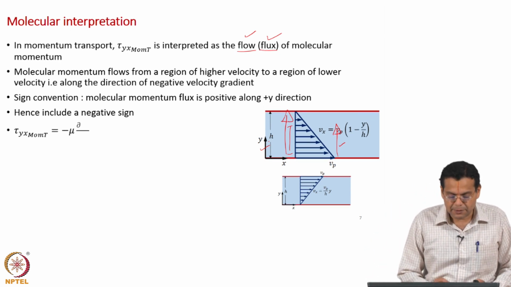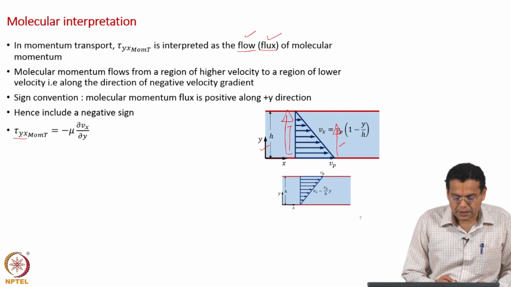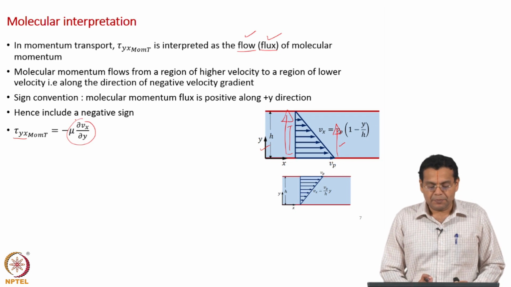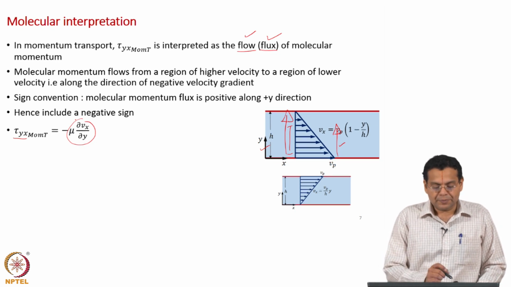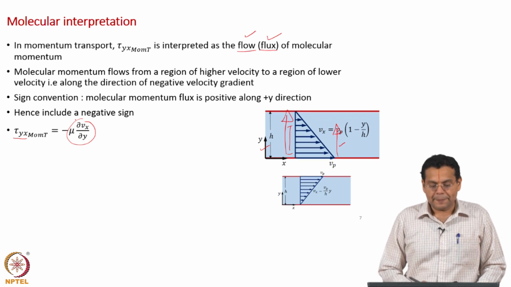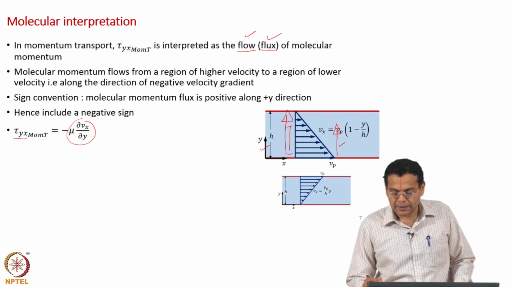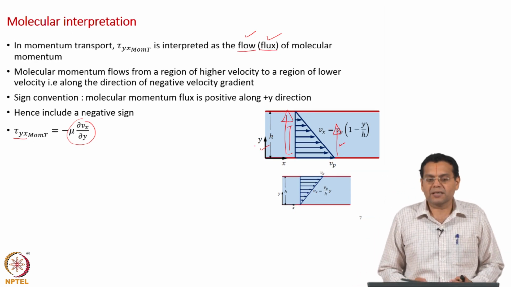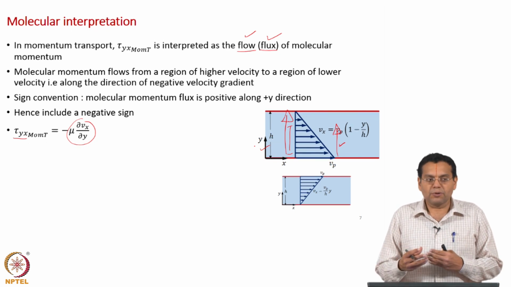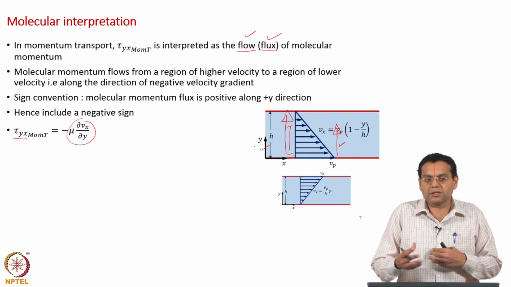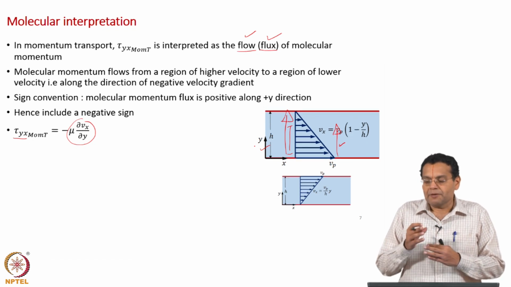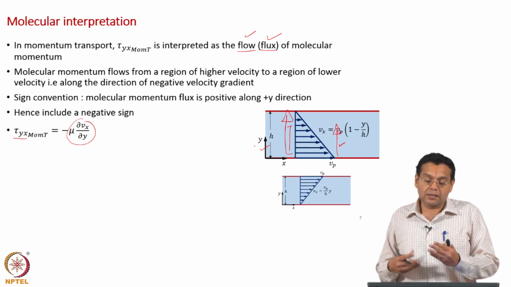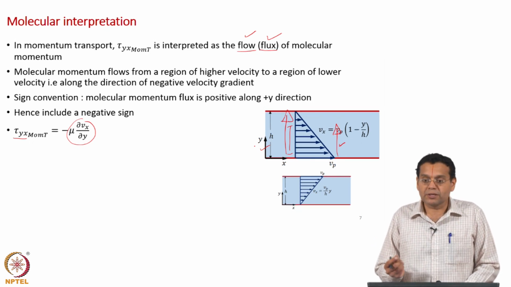In the previous slide, we have written tau x is equal to mu dou V x by dou y. Suppose I stop at this, what will happen? For the present case, dou V x by dou y is negative, and hence I will have a case where I have a negative momentum flux flowing along a positive y axis, which is a little counterintuitive, because whenever we have a flow, we want that to be positive along a positive axis. For example, let us say we have velocity. When I say positive velocity, I want the flow to be along positive x axis. I do not want the flow to be towards negative x axis.